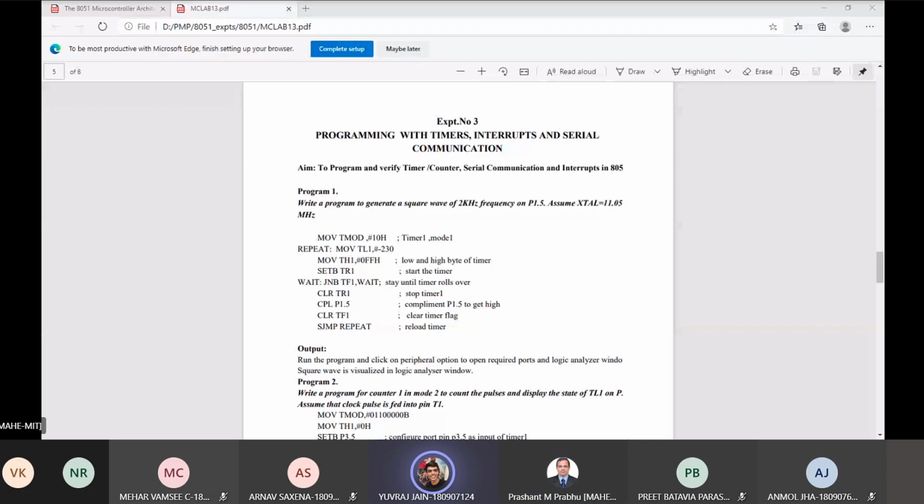Yes, sir, with how the timers, the ports, and all of these things. Basically, the programmer's model, because we haven't been taught that. Programmer's model itself was not taught. Okay, it was a self-study topic, right, for you? Yes, sir, but it wasn't given in the context of programming. Okay.